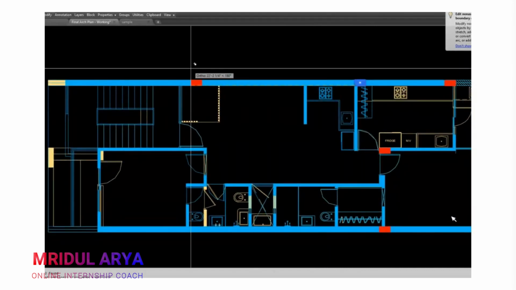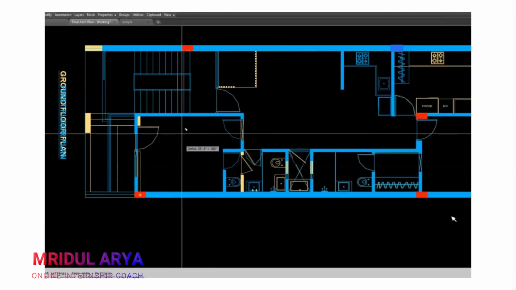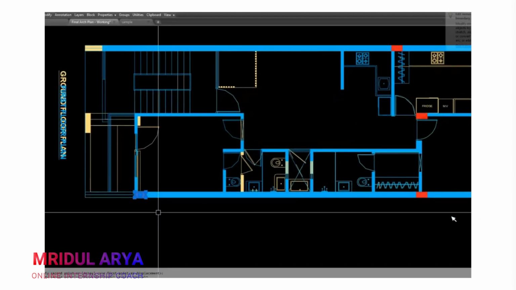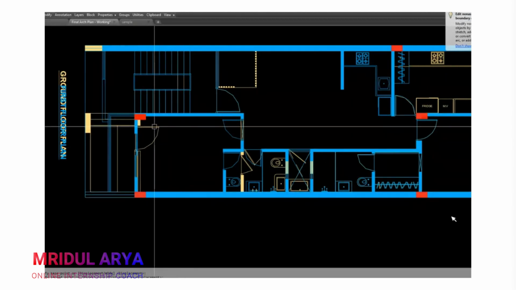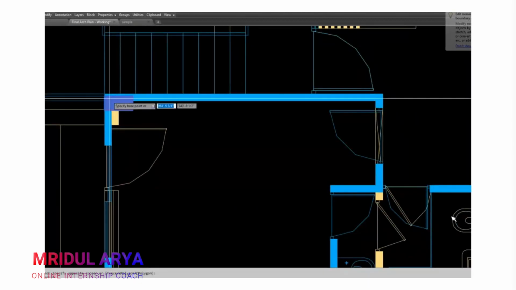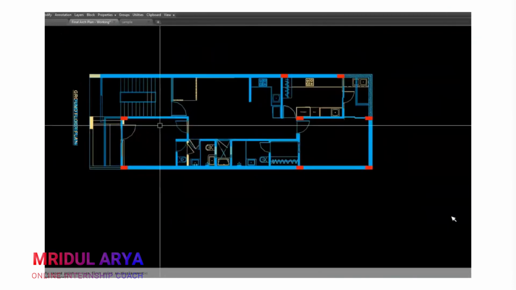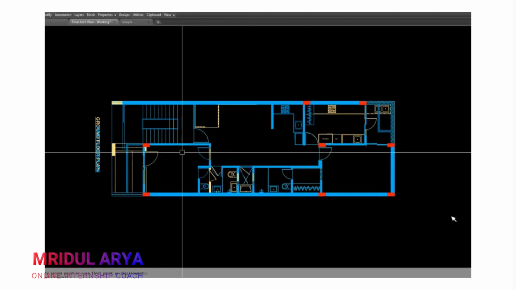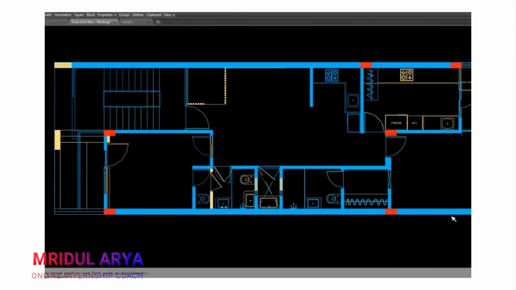Now the next easy place for a column is this. Similarly, I will place a column at this location. It's really good to start with easy points so that you can keep fixing the locations of your columns.